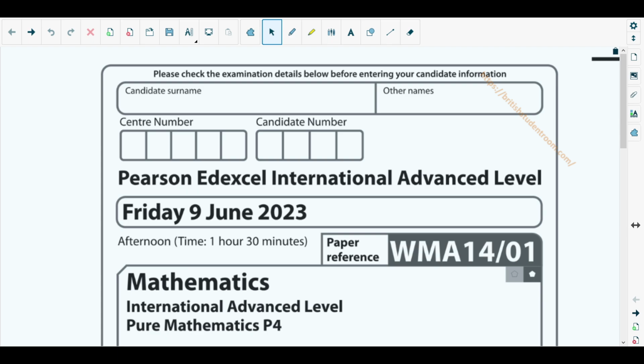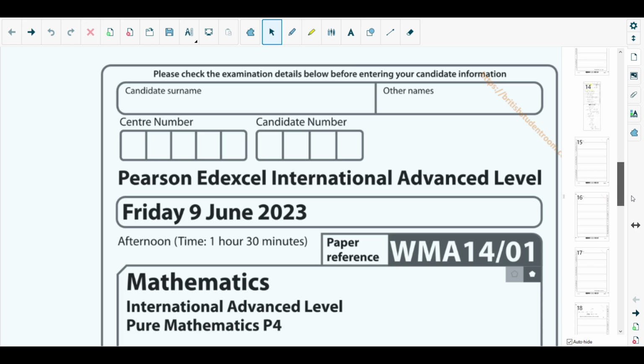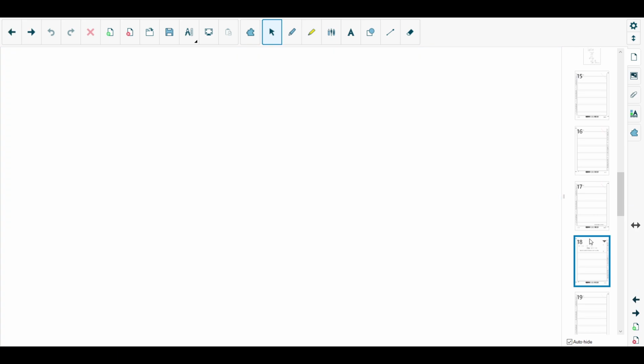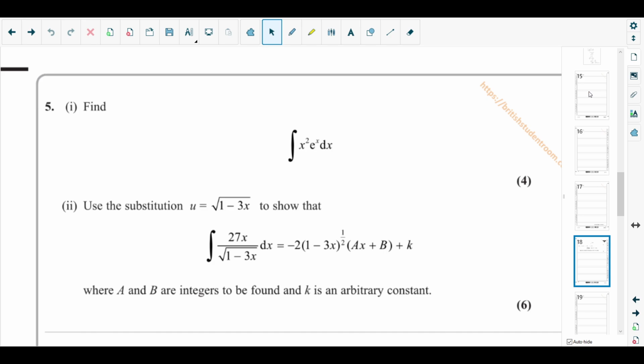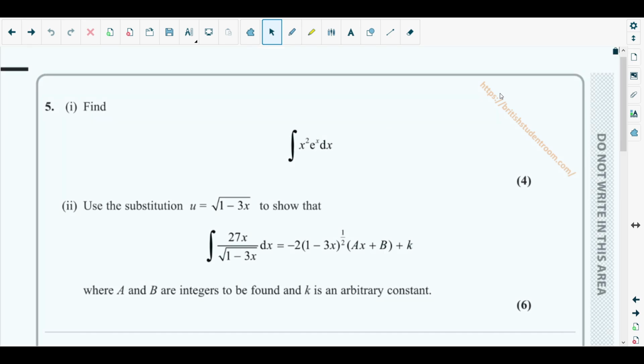In this video we will be solving question number 5 from the June 2023 P4 paper. Let's see what question number 5 is about. It's from the integration part of your P4 syllabus. To be more specific,